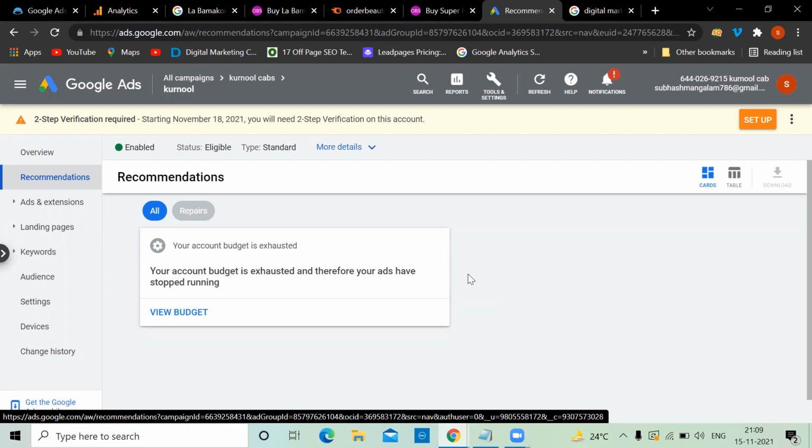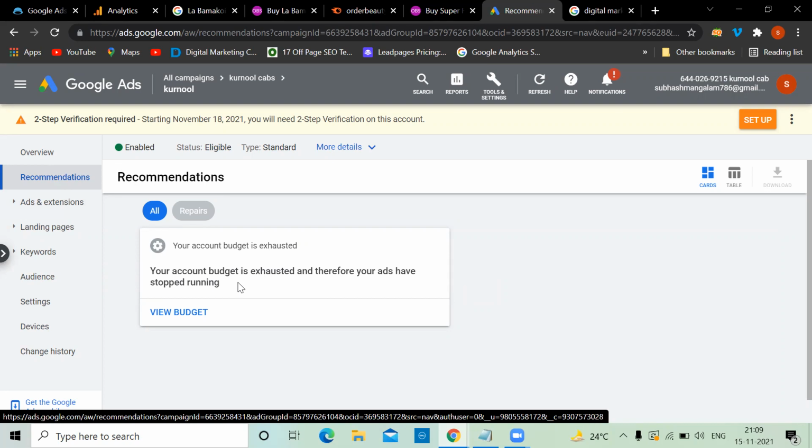But see, I'm showing my ad only on the SERP, not on the search partners. They say that if you add search partners, I'll get 10 marks. But I don't want search partners because, with search partners, my ad goes to people, but conversions will be less, based on my previous experience. So I don't want to add it. Now Google asks you to go for smart bidding. I don't want to give control to Google. So whenever you get a recommendation, read it properly, and only then apply it.